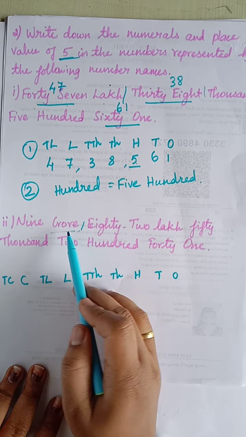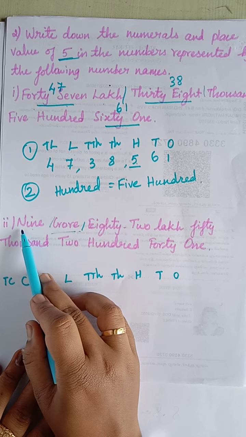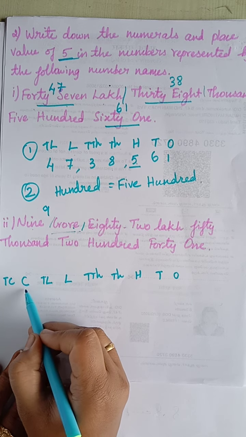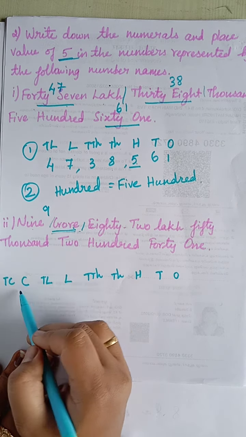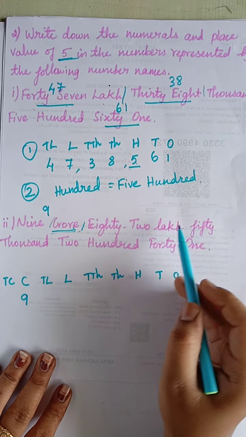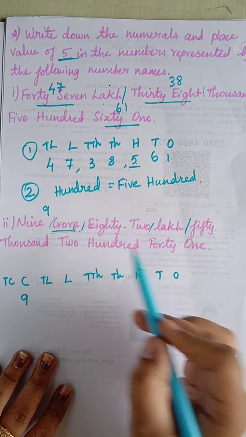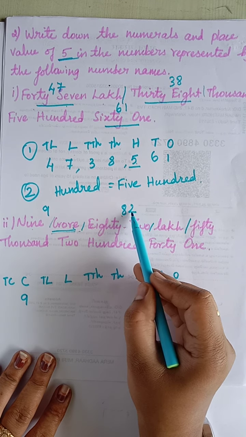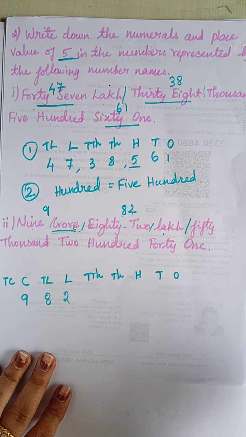The next step, first we have to see crore, till crore. So 9 crore, simply they have given us 9 crore. So leave that crore and just see the number. It is 9. So just 9. So 9 crore. So crore, here only crore. This is 10 crore. Here they have given crore. So this is just 9. Okay. Next lakh. Stop till lakh. Then stop till the number. That is 82. How you will write? 82. So 82 lakh. Here 82 lakh.